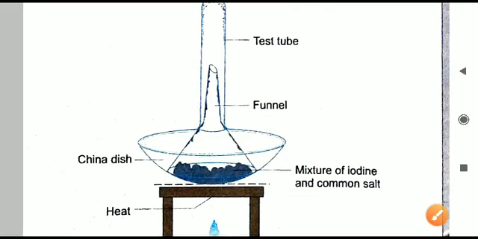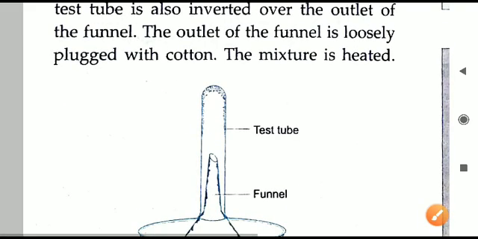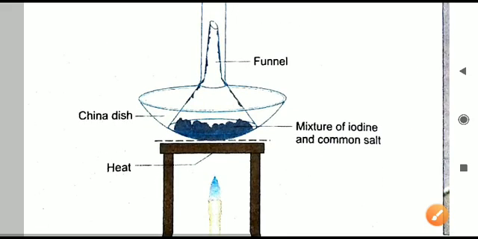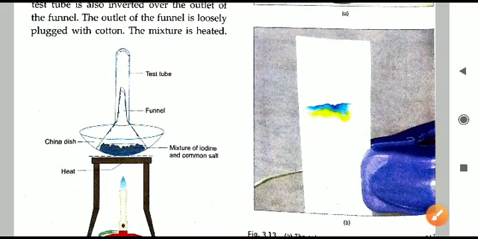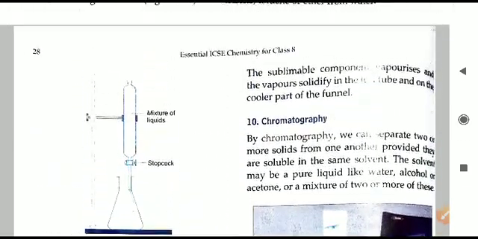Now on heating, what will happen? On heating, iodine sublimation will start. Iodine solid will convert into iodine vapors. The vapors will start moving upwards and they will try to move outside, but they will collect in the test tube. That is I2, iodine vapors, which are collecting in the test tube, and then what will remain downside? Salt will remain downside. So iodine has gone into the test tube. What is remaining behind is common salt only. This is how we can separate the two substances. One of them is sublimating, another one is non-sublimating. Iodine is sublimating, common salt is non-sublimating.